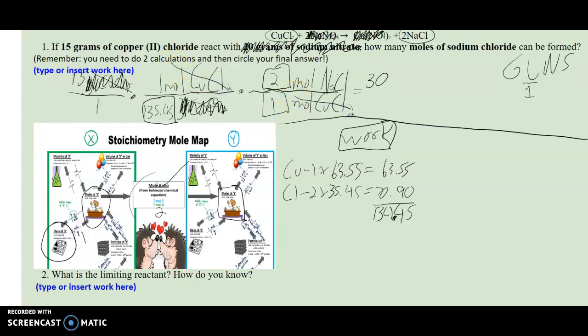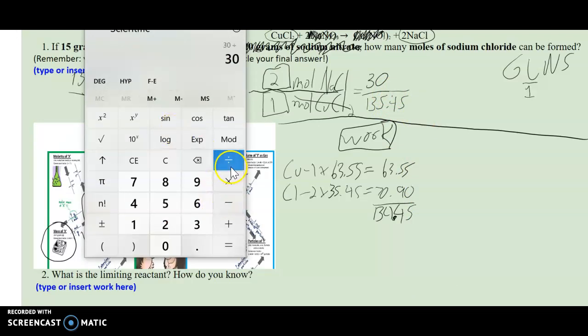I'm just stuck in moles of NaCl. 30 divided by 135.45. 30 divided by 135.45 equals,